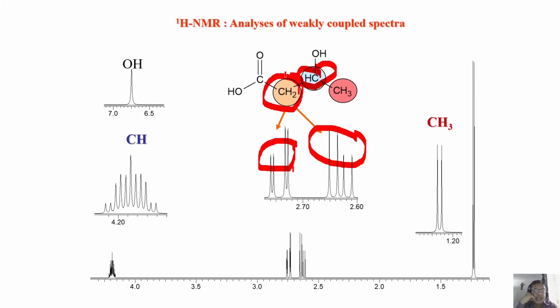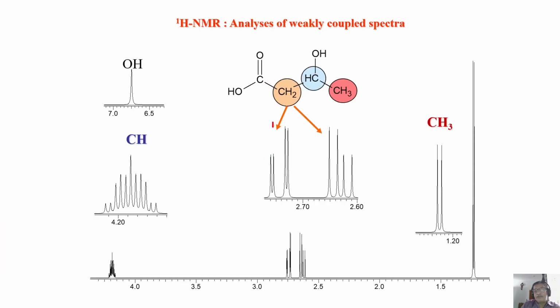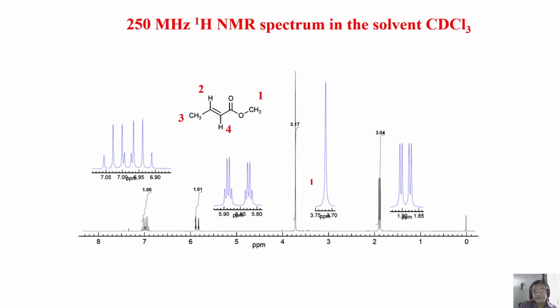Remember, the weakly coupled spin system, what we are seeing, this is a special example. This is clear, whereas if you want to understand this one, you have to make sure these two protons are non-equivalent. That is the condition you have to take. Otherwise, you will not be able to analyze this. We will see that much better now. There is some intensity anomaly, which we have to understand later.